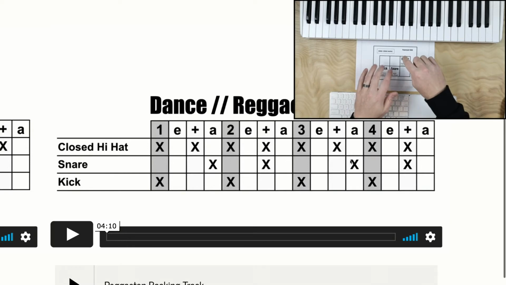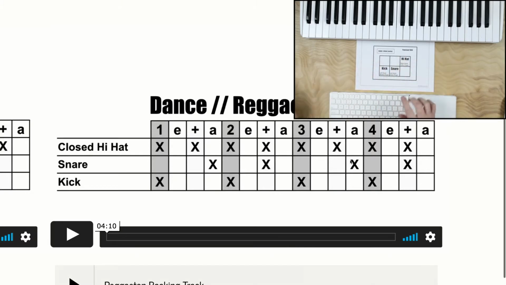So I have 1 E and 2 E and a 3 E and a 4 E, and I'm not caring right now about time. You do not want to record like this, but what you're doing is making sure that you understand how this groove works, that you have the mechanics of playing the groove, and then go slow, find a tempo that works for you,